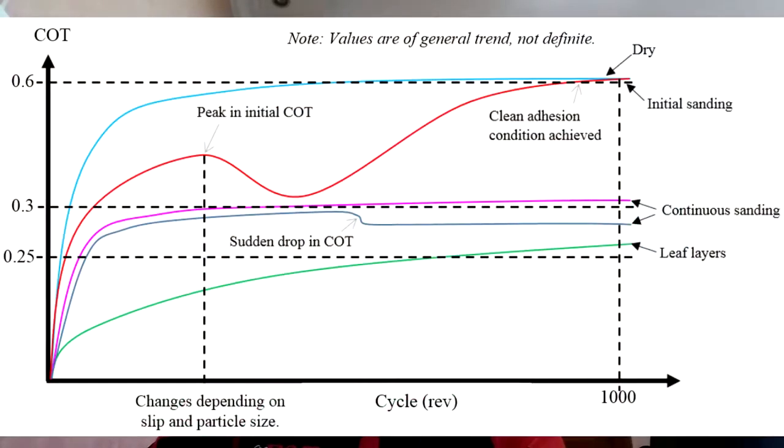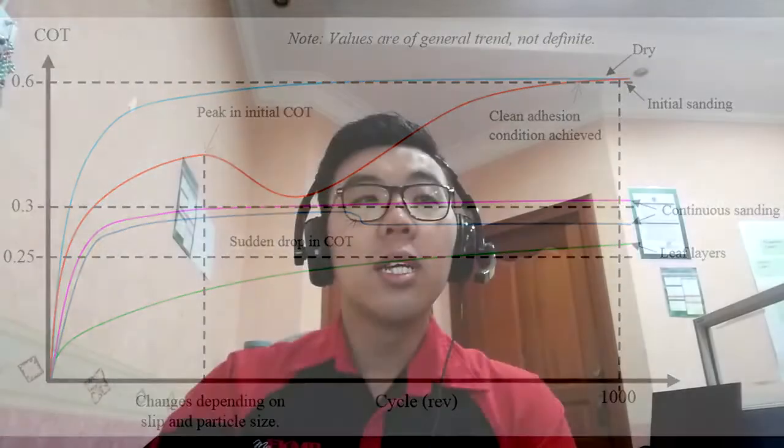From this image, we can see the dry baseline, which is clean rail, and also rails covered with leaf layers, the blue line and the green line respectively. And there are two types of sanding, which are initial sanding and continuous sanding. In initial sanding, where the sand is